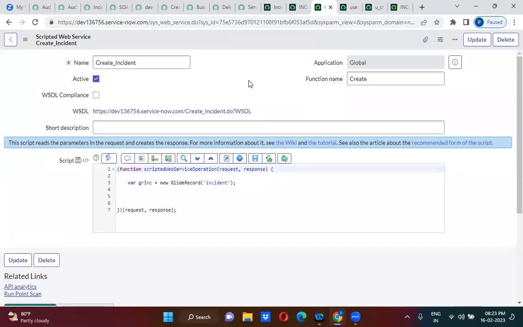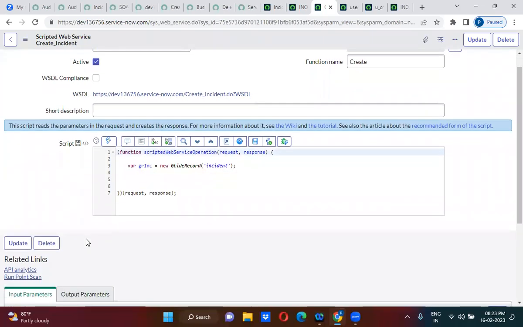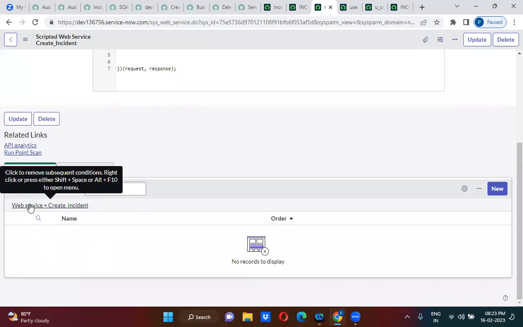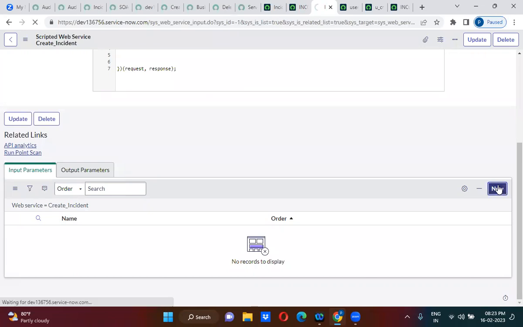So this is actually the create function. Here you have to define inputs and outputs. What is the input that you want to pass? What is the output that you want to receive? You guys are able to understand, right? So inputs I am passing here as